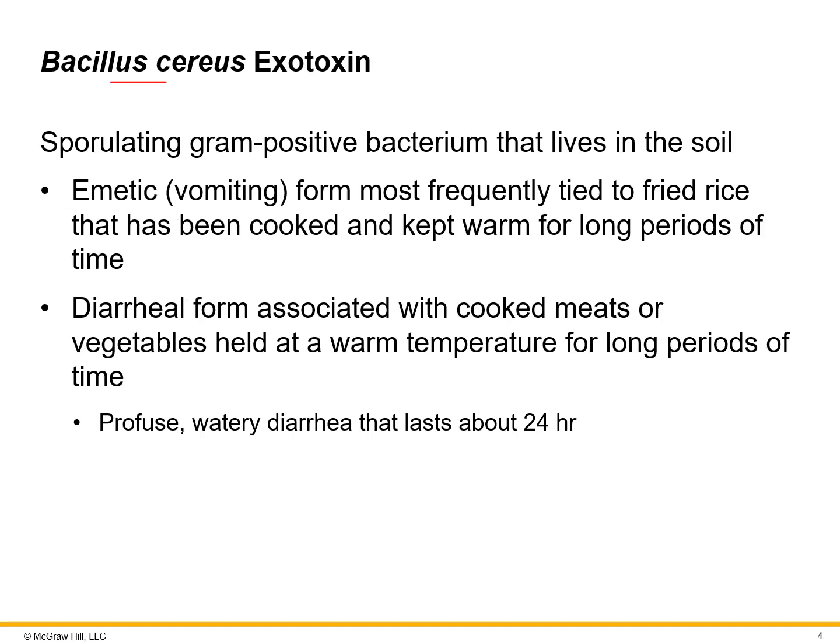Then Bacillus cereus exotoxin that's produced. So Bacillus is one of our spore formers, so it's a sporulating gram-positive bacteria that lives in the soil. So it is emetic, which just means it induces vomiting. So this form is typically tied to fried rice that's been cooked and kept warm for a long period of time. So thinking about like a Chinese buffet, not that all of those are bad, but just a place that